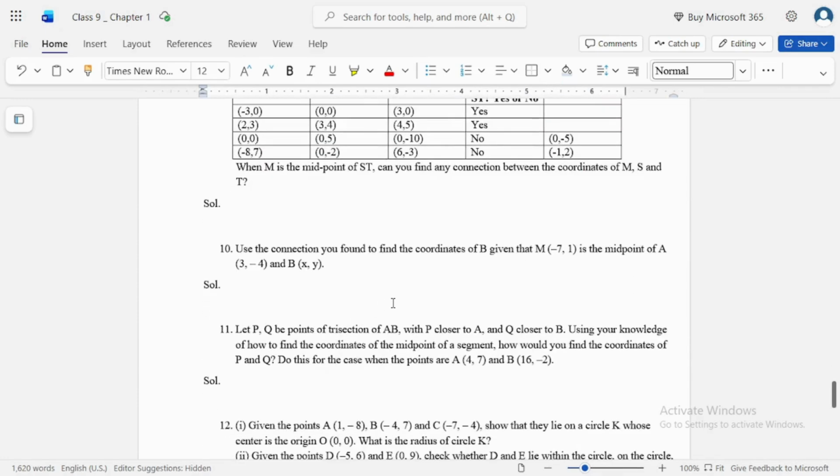Okay, coming to question number 10. Use the connection you found to find the coordinates of B given that M is the midpoint of A and B. Okay, so the coordinates of points A and B we need to find, and its midpoint is given. So (3 plus x) whole divided by 2 is equal to -7, which means